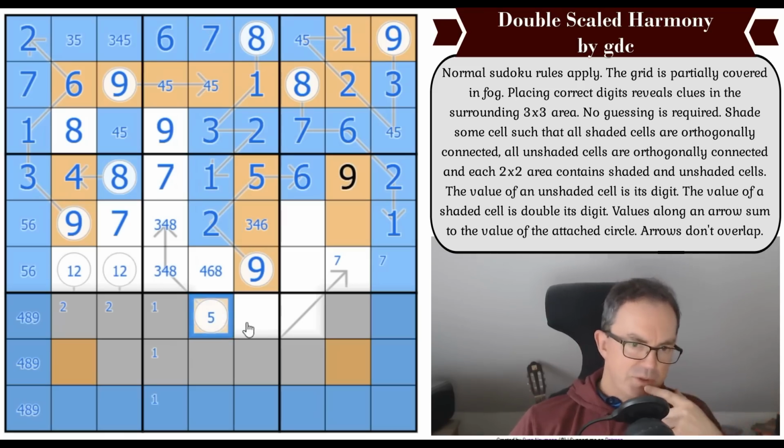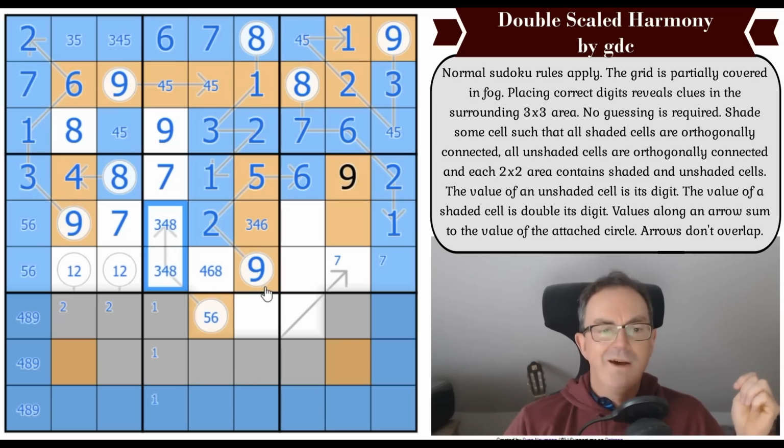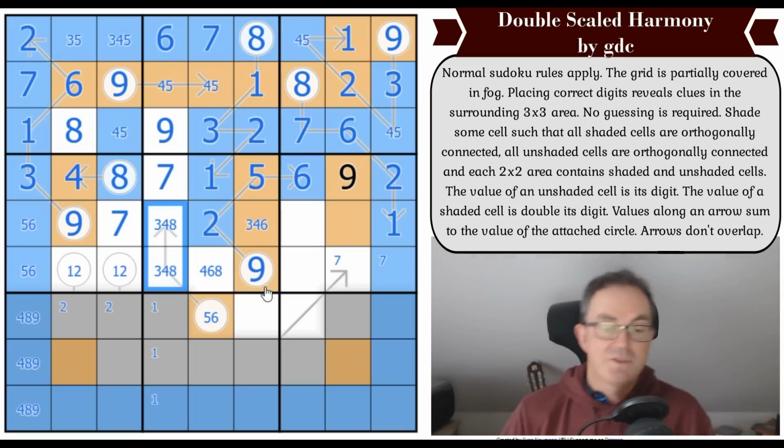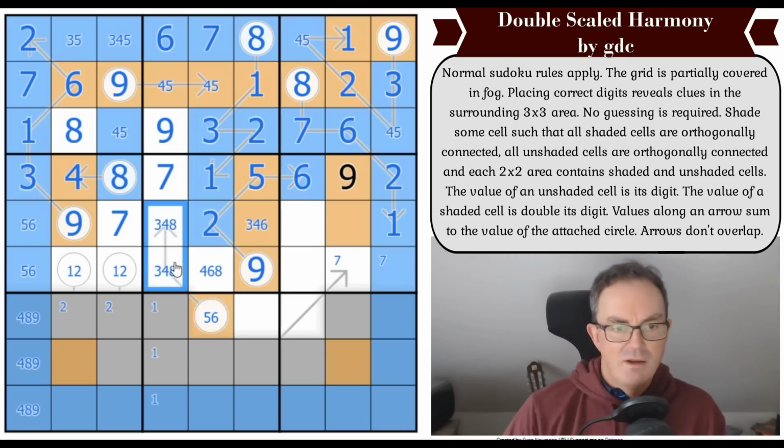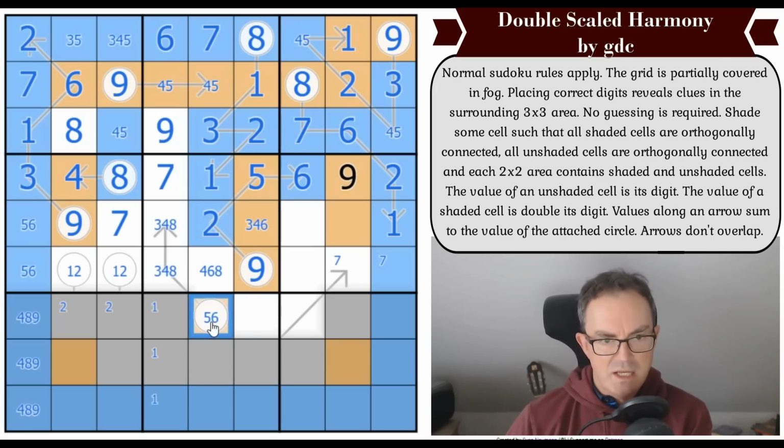So what else is possible here? Oh, I see. You could go 6 doubled and just add 4 and 8 from here. Although... oh, that's gorgeous. Okay, that doesn't work. Right. Okay. So I think the only way... I'll explain why 6 doesn't work in a second, but the only thing I've come up with that works here...